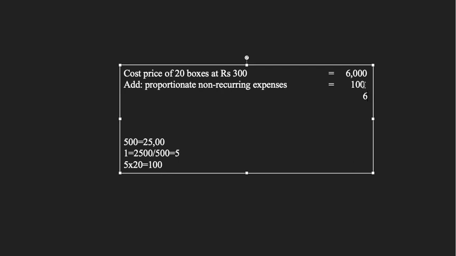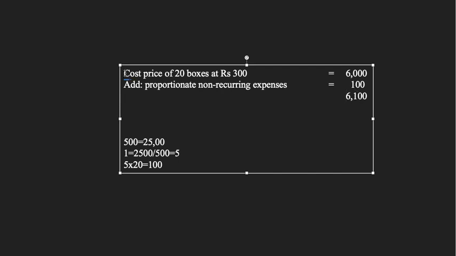6,100 rupees, right? So we are going to take the same amount there. So this is the total, 6,100. Non-recurring expenses were how much? Non-recurring expenses were 2,500, and the cost price of 20 boxes which were lost was 6,000 rupees. This is the 100 rupees which is the non-recurring expense which we are going to add, and the total